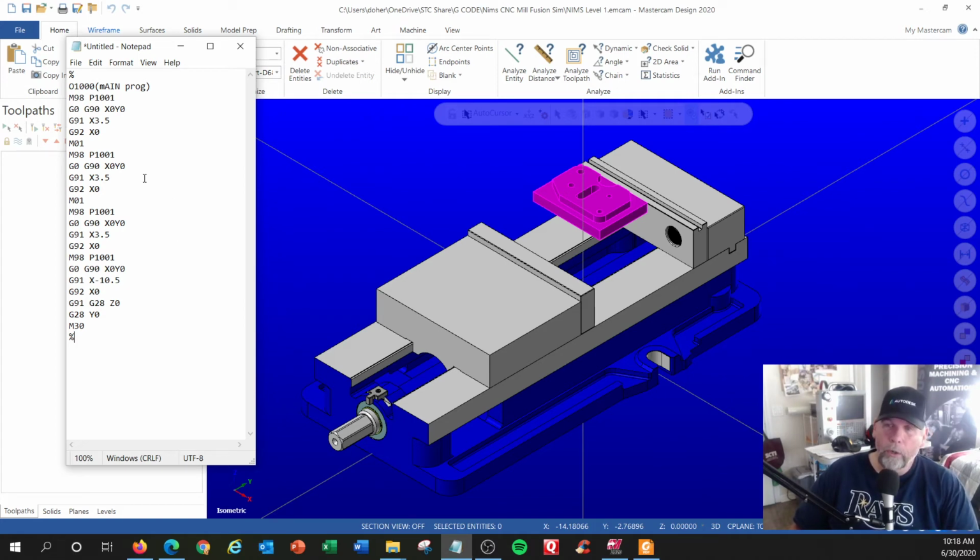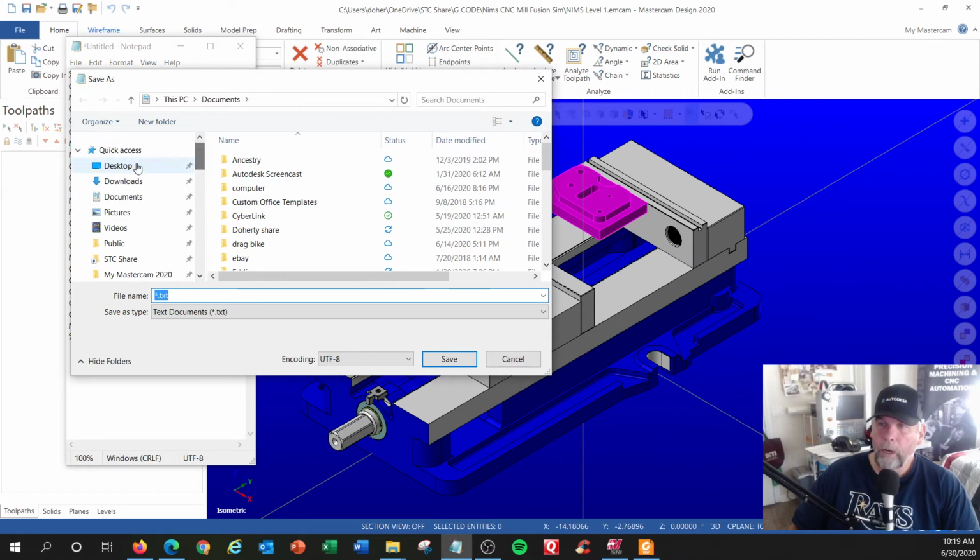You could do it with 3 vices. Every time you don't need the G90 to it, you just need to call up a new work offset. So let's see. This one's the first program. Then let me see if I can write a duplicate. I'm gonna save this one. File save as